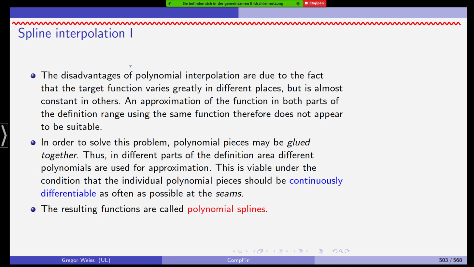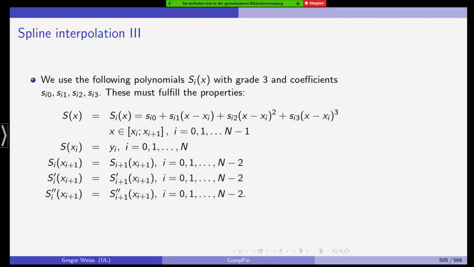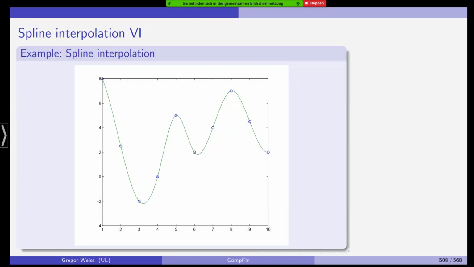If you remember what I told you last time, I showed you this plot, that we want to improve on polynomial interpolation in the sense that we still want to get an interpolating function, but we want the interpolating function not to fluctuate and not to oscillate between those nodes, as highlighted here with the blue points. So we want the function to be as smooth as possible, and the way to do this is to use